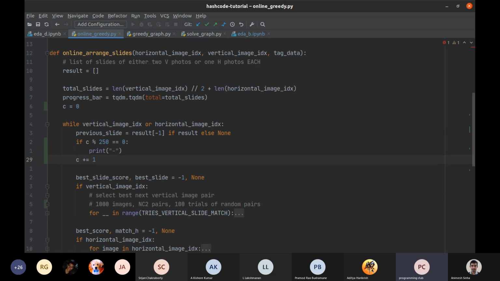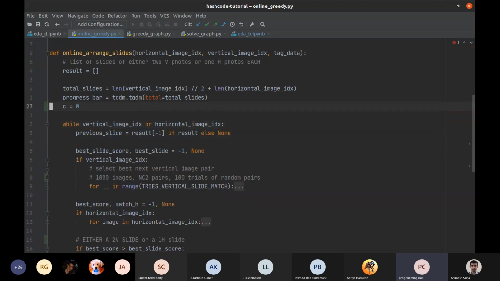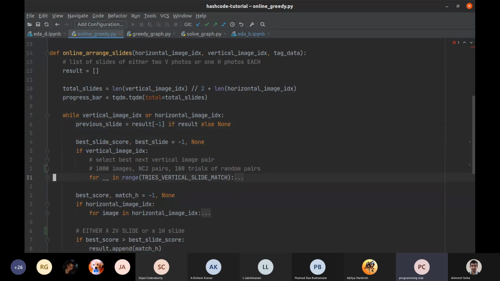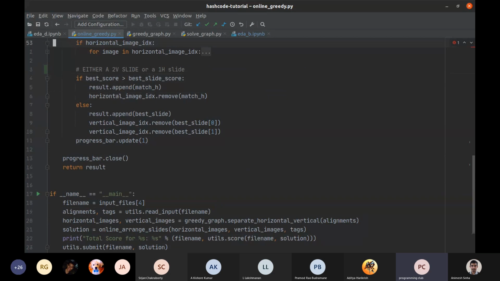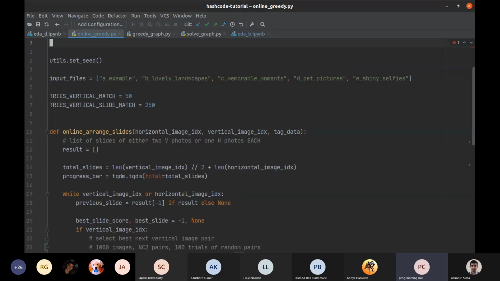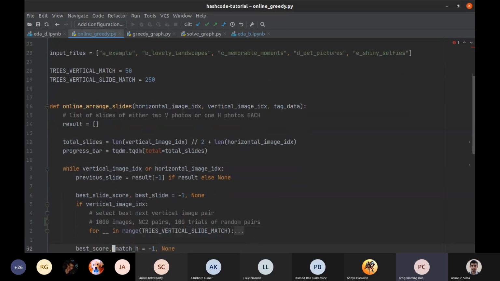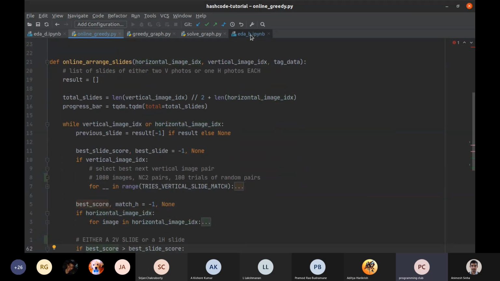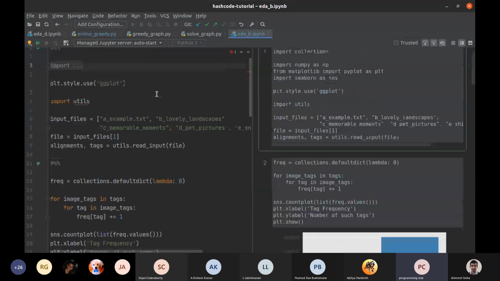So what this will do is every 250th iteration, it will print a dash, and you can get a visual understanding of how far your code has run, and you know the total number of iterations, so you can estimate how much time is left. So these are the little tricks you can do, but again TQDM is far superior. And I really urge you to switch to Python and look at any basic resource, and this is all just Googleable. You can Google TQDM, you can Google Seaborn and all that. Anyway, let's get to the EDA for B, I guess.